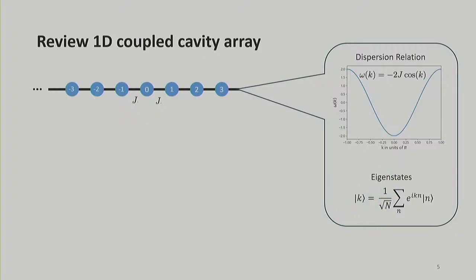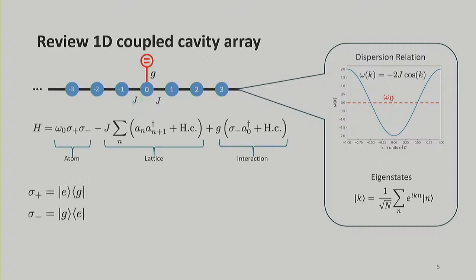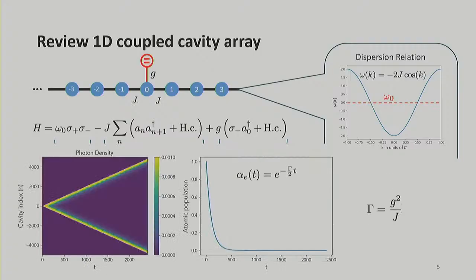If we couple the atom, let's say in the middle of the band, and coupled to the middle of the lattice, we can express this Hamiltonian in this way, where the first term accounts for the atom degree of freedom, the second part the lattice, and the third the interaction between the atom and the lattice. So if we now look at the emission of this emitter,